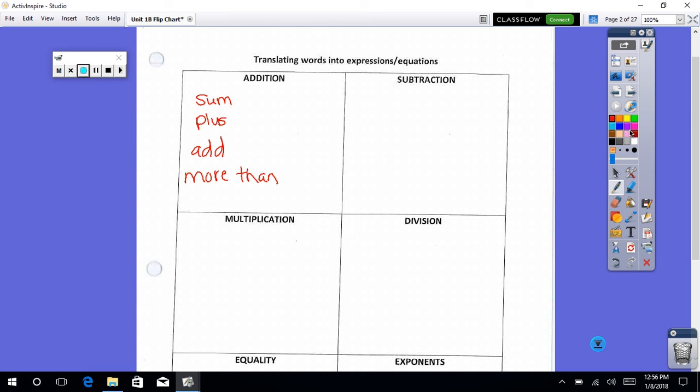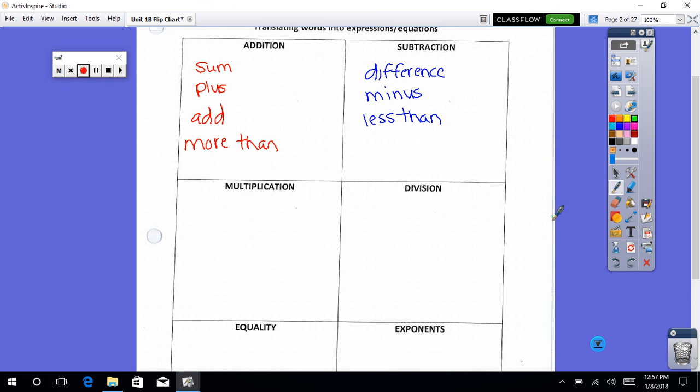Okay, for subtraction, we have words such as difference, minus, less than, okay, multiplication, I know y'all are thinking times, product,